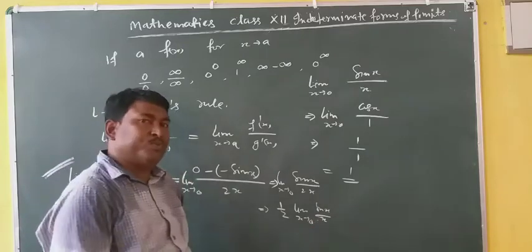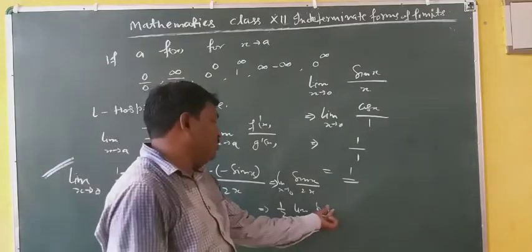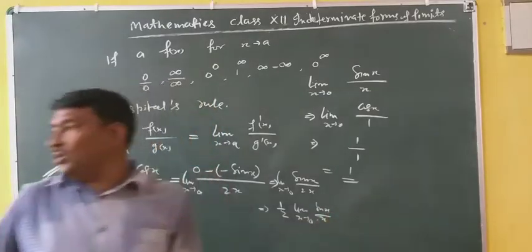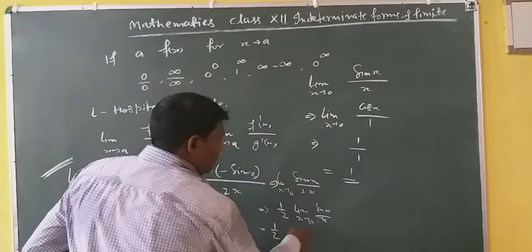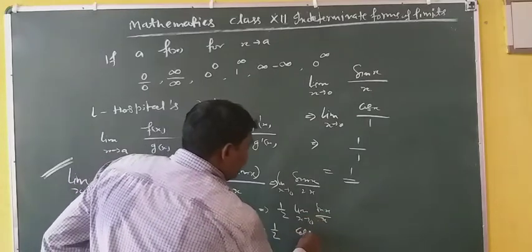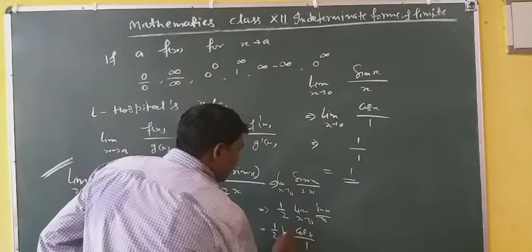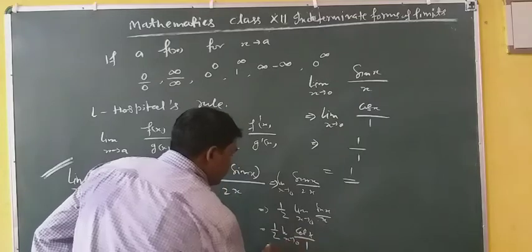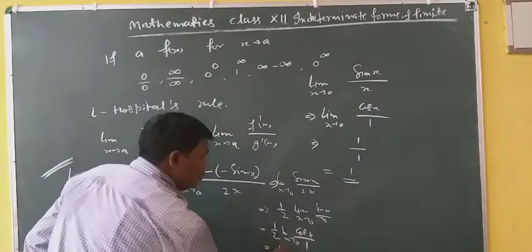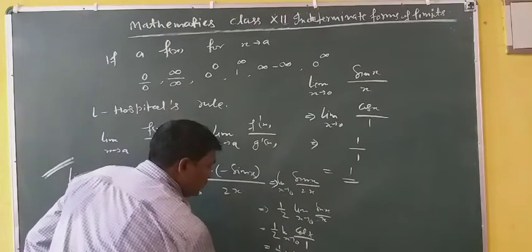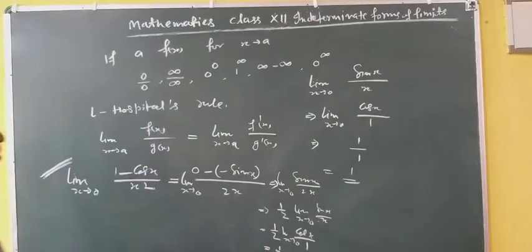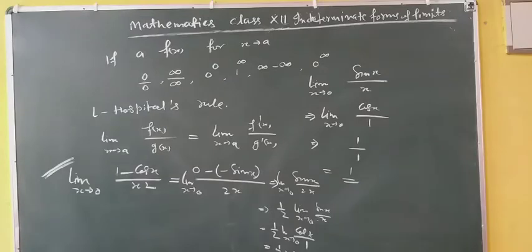But if you put these values, x = 0, sin 0 upon 0, so again you can differentiate. Here 1 by 2, differentiating sin x is cos x upon x is 1. Here limit x tends to 0. Now put, so here cos 0 is 1, so this is 1, hence 1 by 2 is your answer. Now some other questions are,